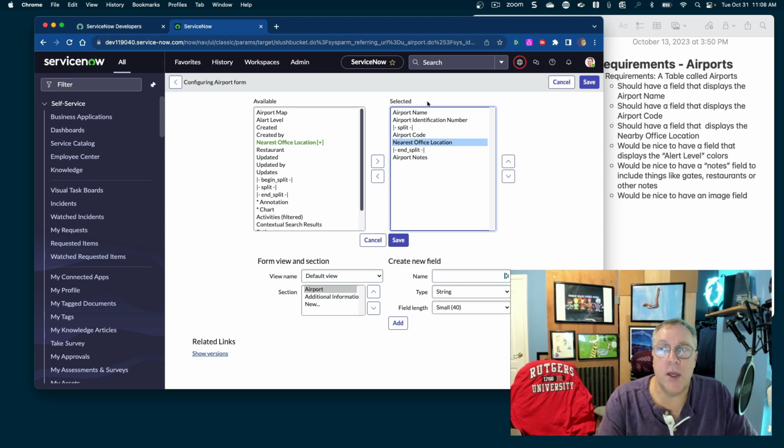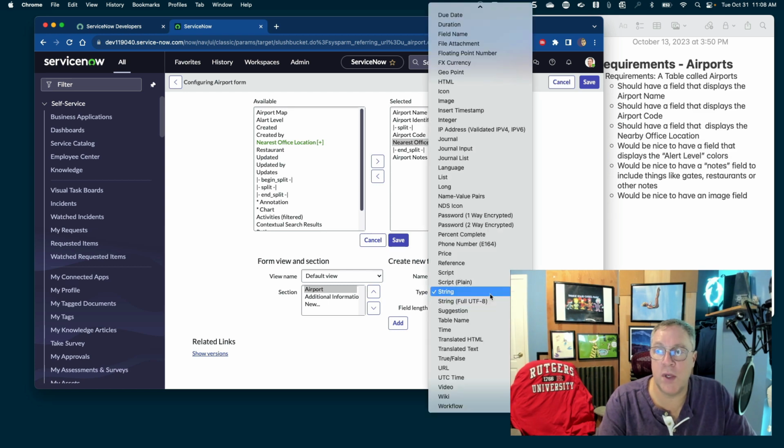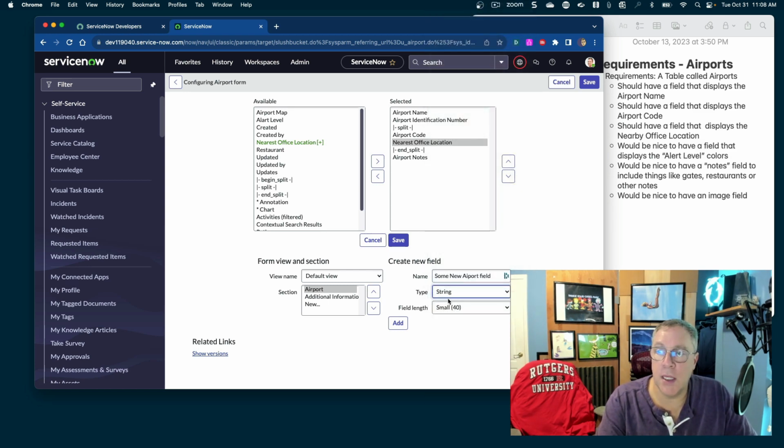Now, if I were to build a new field using this method, I'm going to show you, all I need to do down here is say some new airport field. So let's do that. And again, I can choose whatever data type I want, and that's kind of handy. And when I build that, by default, it'll be down in the, and this becomes a little problematic too,